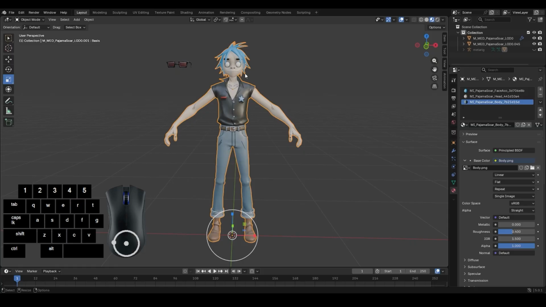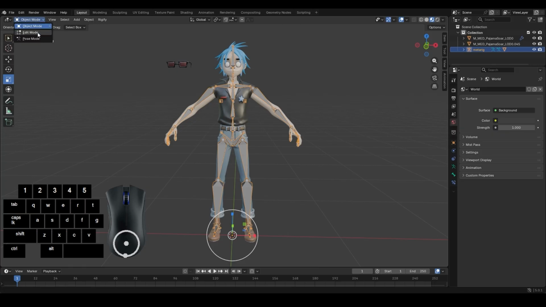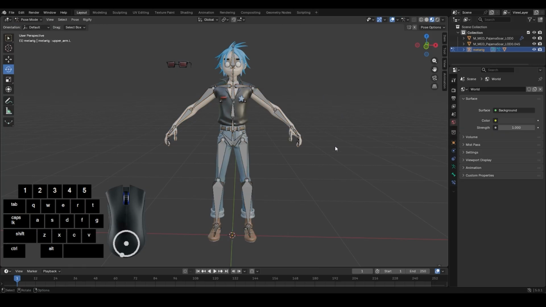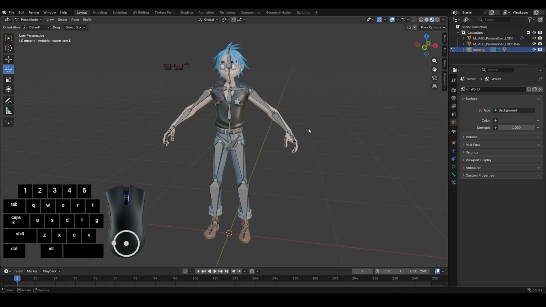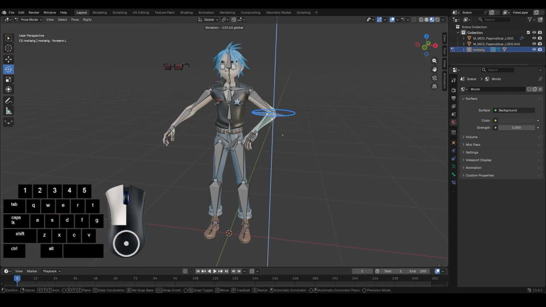Anyway, so I hide the rig from before. You just press the eye button here, and that will then hide the rig. So now we want to select the rig, still in object mode, and then we want to switch to pose mode. Now, as you'll see, the character has bones. Each of these bones can be moved, they can be rotated, you can do whatever you want with them, scaling wise. And obviously, just like the real human body, depending on what bone you move, others will be affected around it. So, for example, I'm going to use the wrist joint here, and I'm going to rotate it this way. And you're going to see